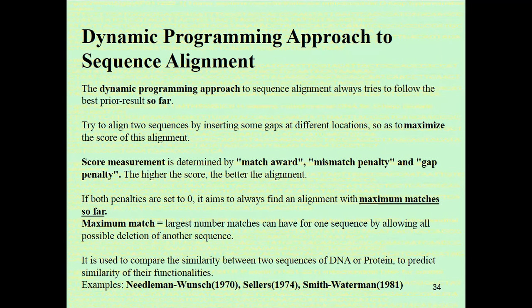scoring measurement depends on three different types of values. The first one is the match award: if there is a match between two amino acids or two nucleotides, a specific number has to be given. After that, there is a mismatch penalty, and a gap penalty, which also has some negative value or zero. A specific score is given with the help of